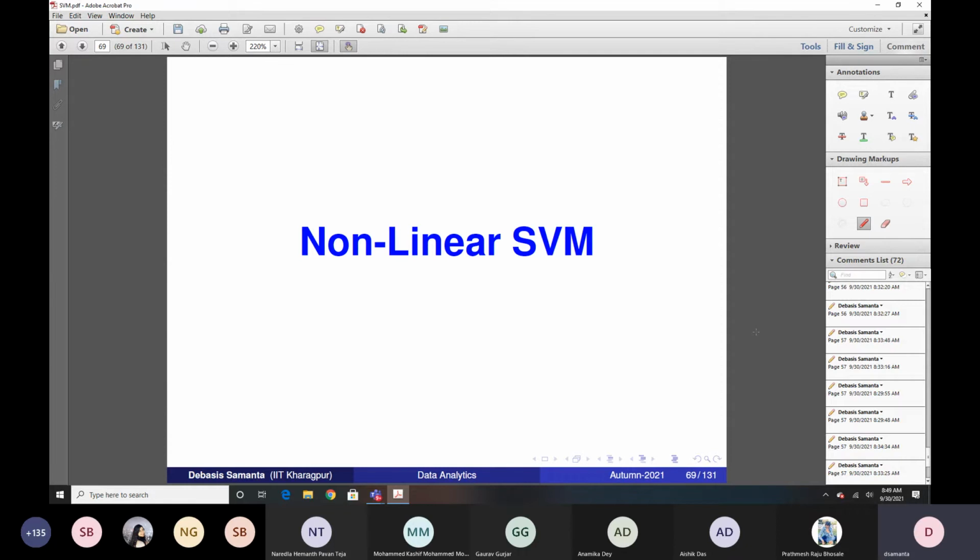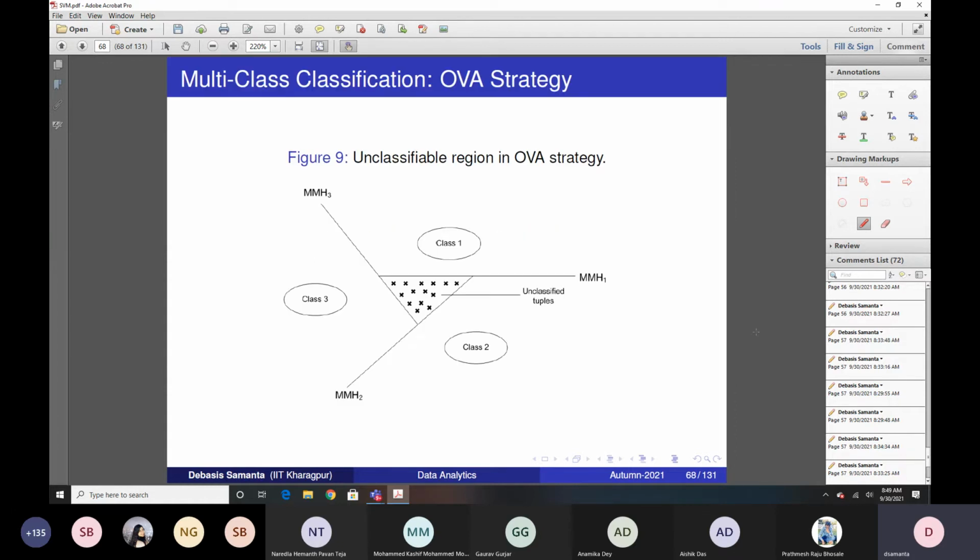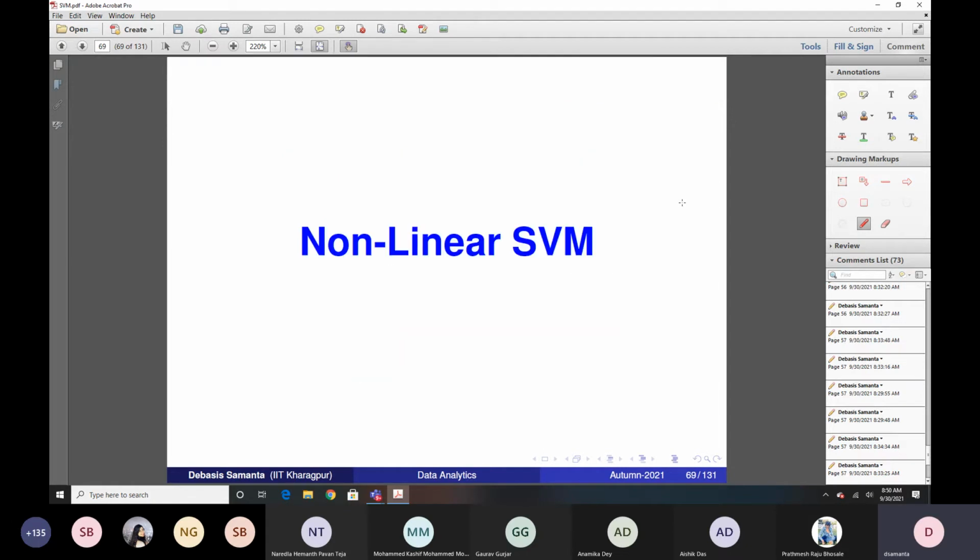One day some of you asked the question: what if some data is in an overlapping manner? Here is a picture of overlapping data. This comes into the picture because here the data is not linearly separable. We can take one classifier like this to classify into two categories, another classifier maybe like this. So you see the boundaries needed to classify the data are non-linear boundaries, and as you know, linear SVM always leads to a linear boundary.